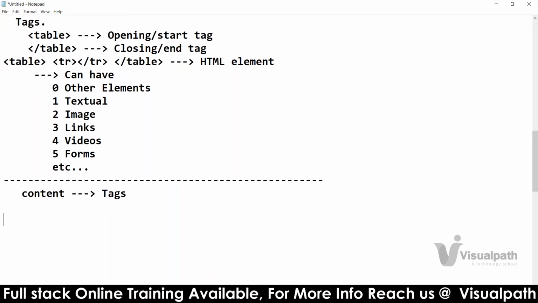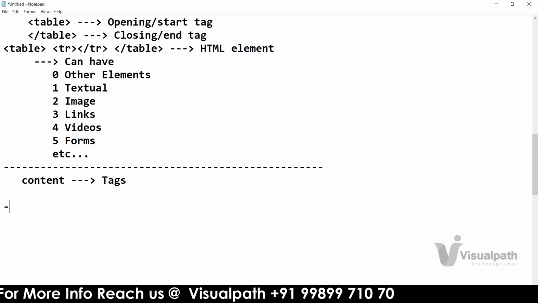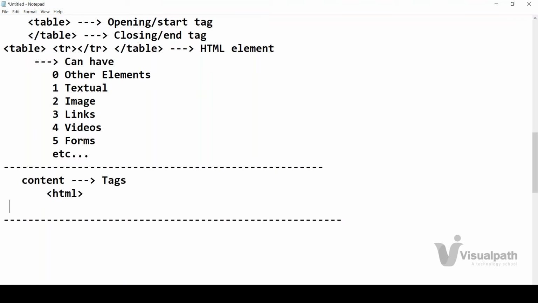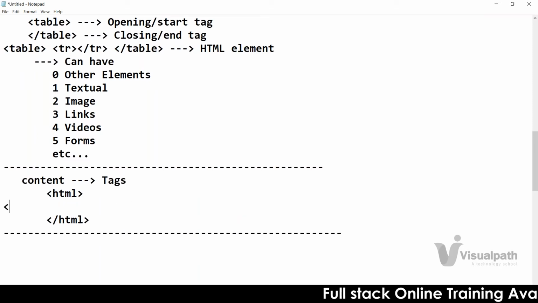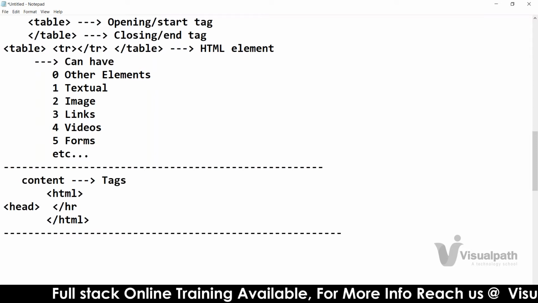I think you might have some idea about this, but this is very important. Every web page you take will be following this particular structure.